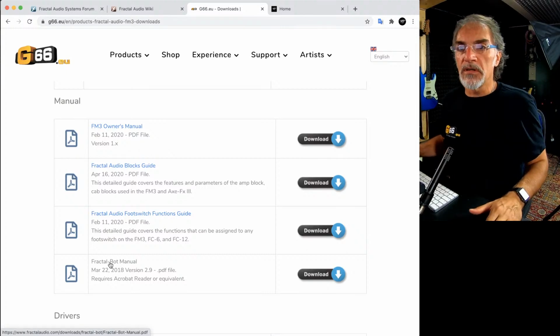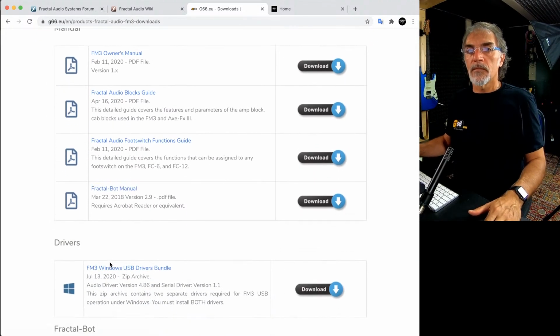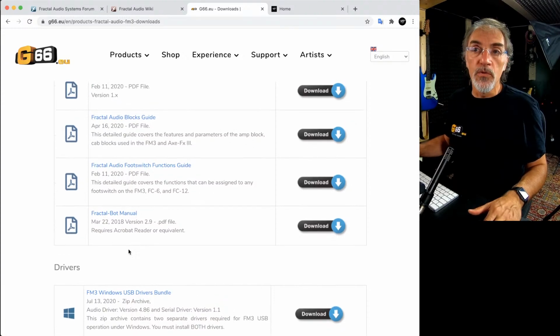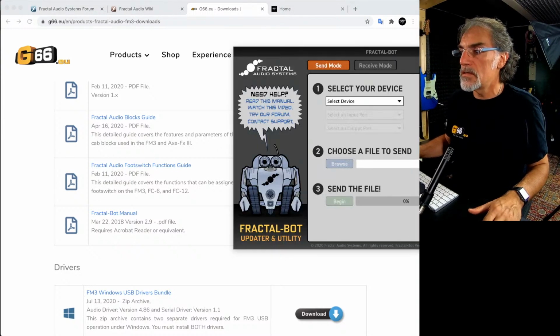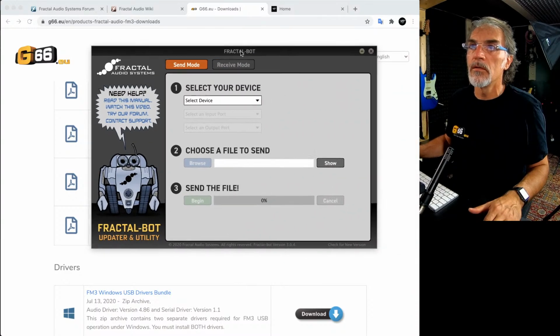Fractal-Bot. I will show you Fractal-Bot immediately, because it is a tool. Okay. This is a simple tool, but really powerful.